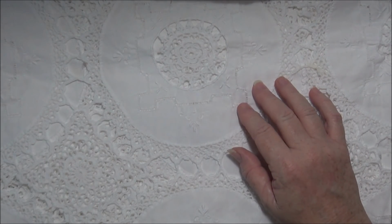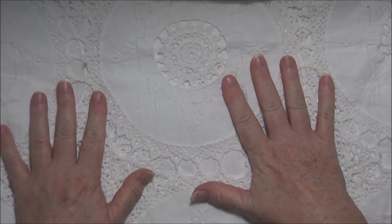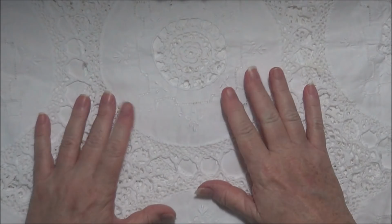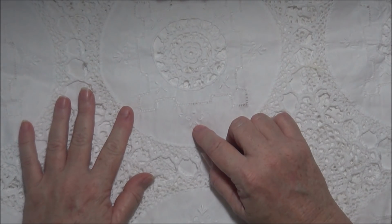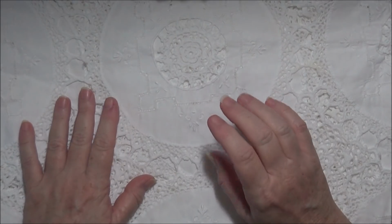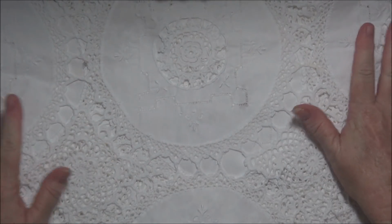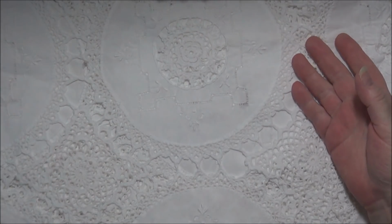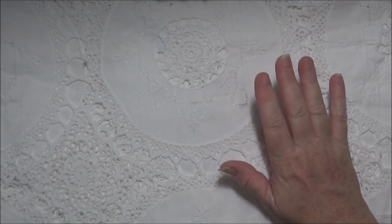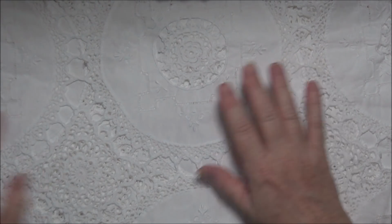She was making a loaded envelope in the shape of a little dress, and I absolutely loved it. I've never done a loaded envelope before, so I thought I'd give it a try. Well, I still haven't done a loaded envelope because I totally went off what I was doing and made a wall hanging out of it anyway, because in her video she actually used a table